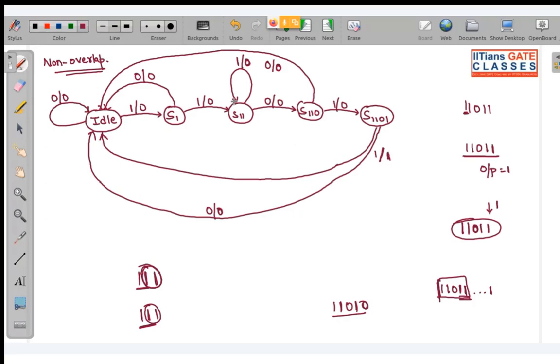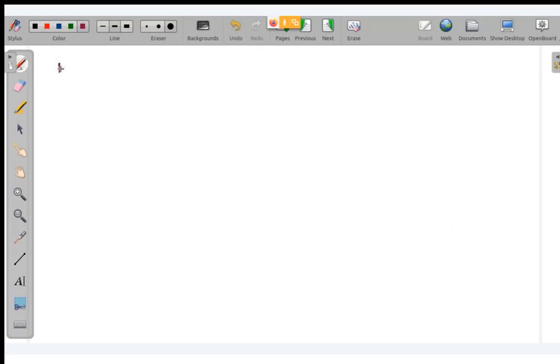So note it down quickly. Then randomly you can take a few sequences and you can construct the state diagram. These are the usual sequences that are asked in exam. First is 101, another is 1101. All these sequences have been asked in the exam. So for both of these,